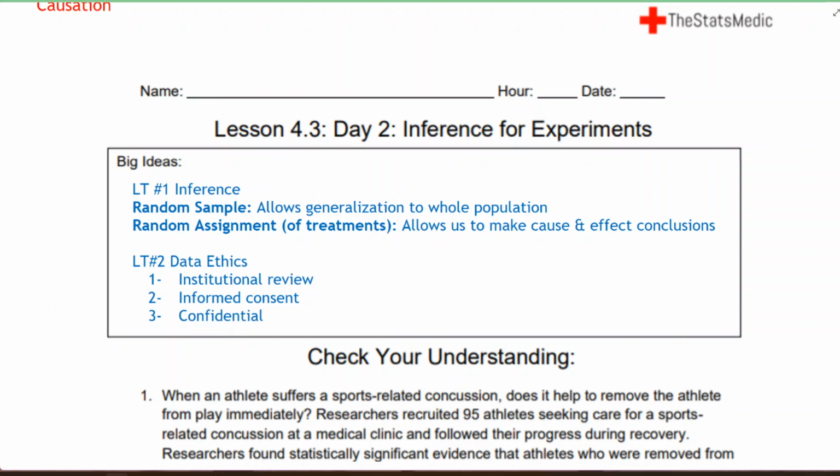We can't say, oh, you're going to get my life-saving treatment, but you're not going to get my life-saving treatment. That is unethical, especially if we're talking about doctors here. They are bound to save life whenever possible. So that's another thing that didn't make the list here, but you might want to think about. All right, we're going to move on to check your understanding.